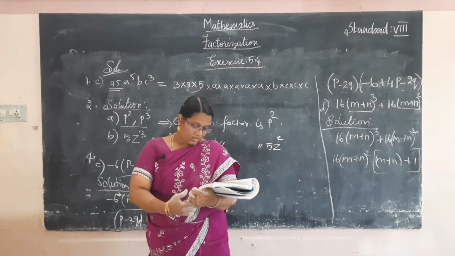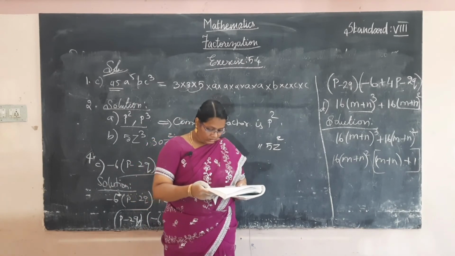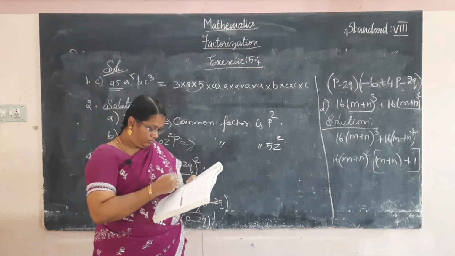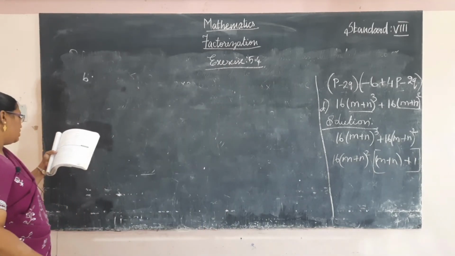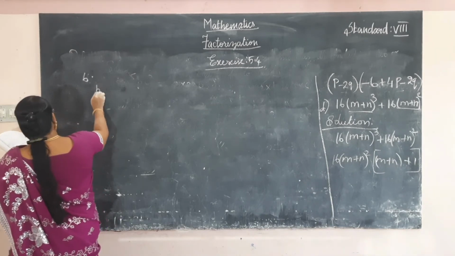Okay. And suitable grouping, so fifth one is fully homework. Now move to the sixth problem. Using the identities. The first one is homework. I will do the B problem.